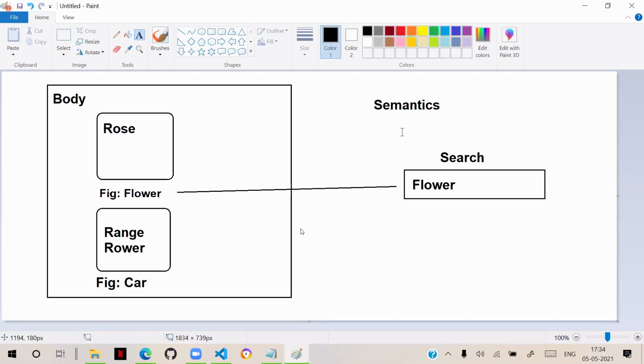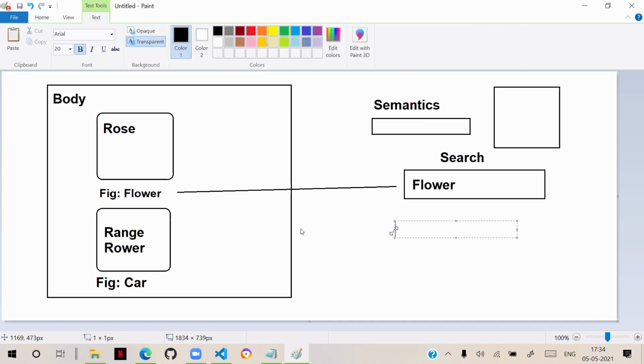That means, for example, we have advertisements. For advertisements, we have a separate semantic. For header, we have a separate semantic. For footer, we have a separate semantic. Semantic means the name tells its behavior. By the name itself, we can understand its behavior. Suppose if I use the name header, by using this header, what do you think header means?